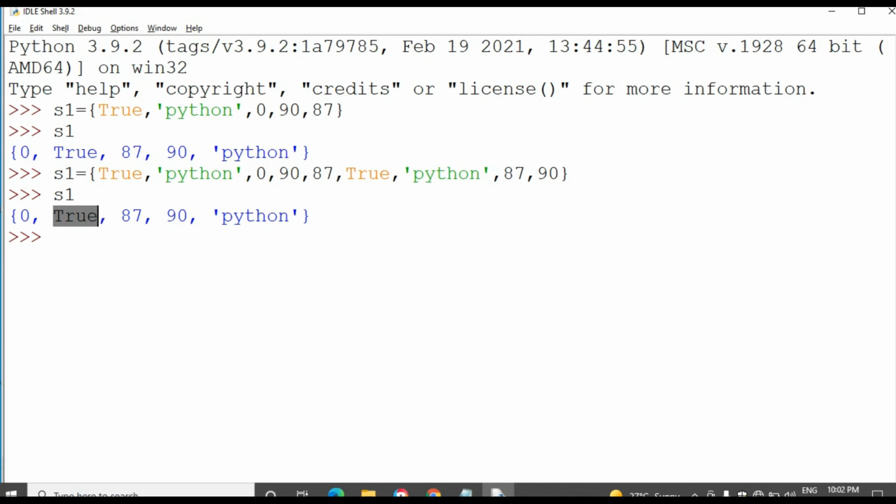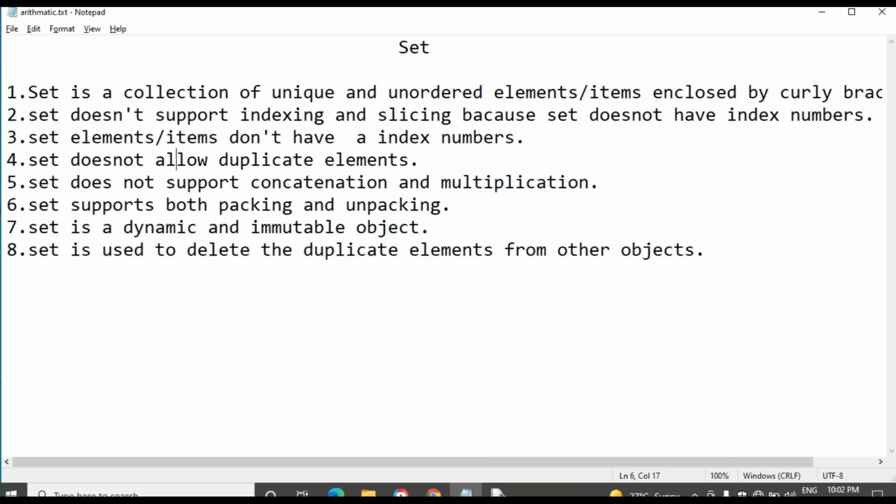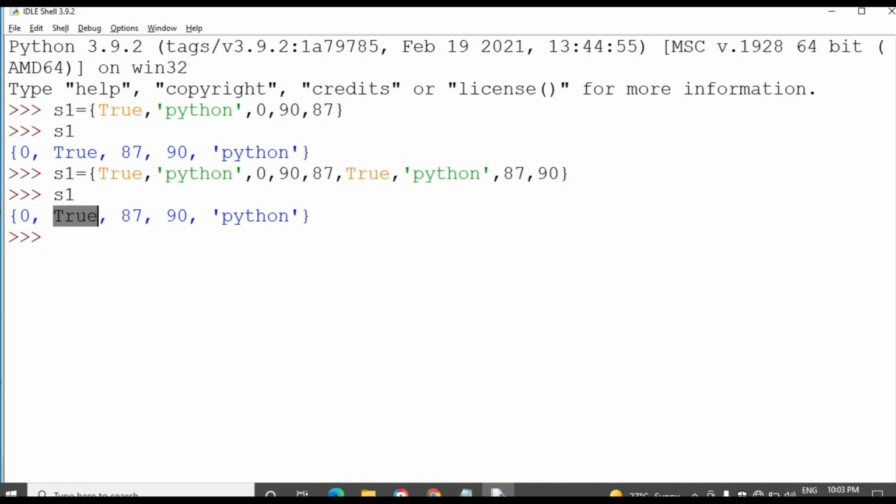So duplicate elements are not displayed in the set. That is the meaning of this point: the set does not allow duplicate elements. And the set does not support concatenation and multiplication.